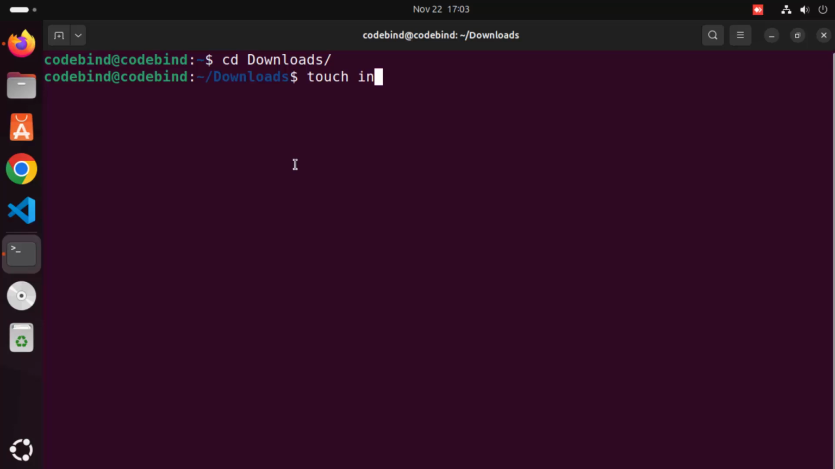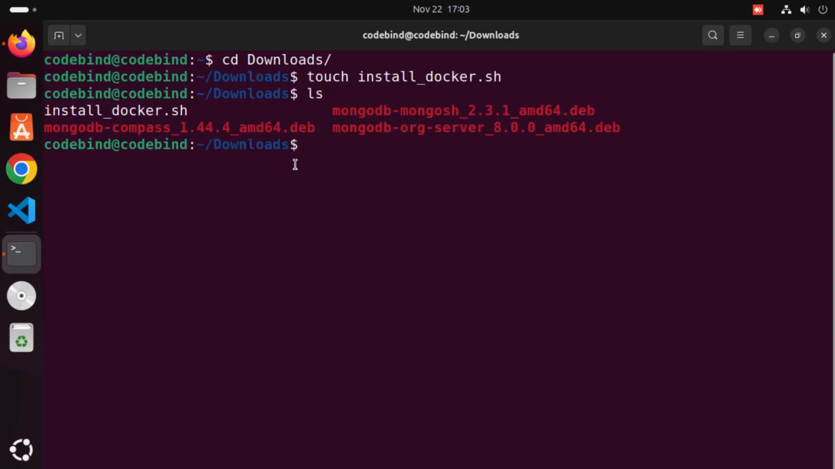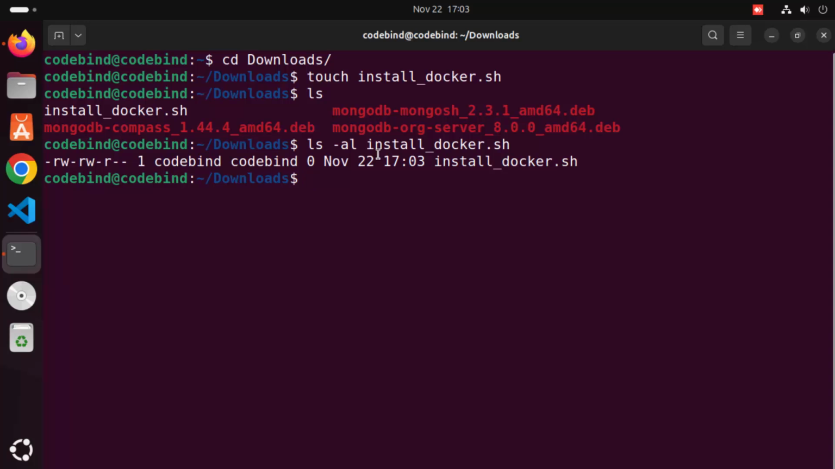I'm going to name my script as install-docker.sh, and then press enter. And then when you do ls here, you will see this file which is created, right? Now when you write ls -al and then the name of the file, which is install-docker.sh,